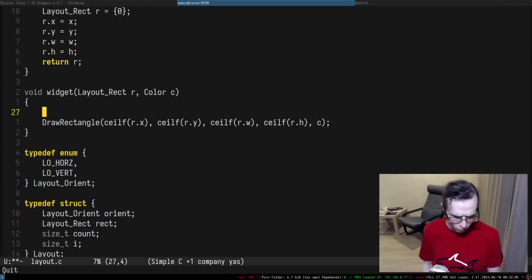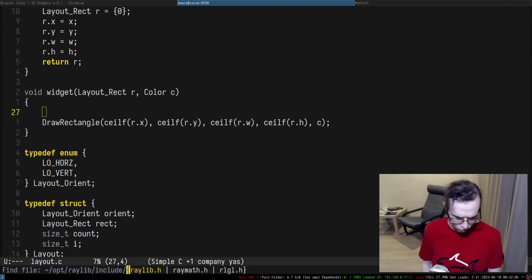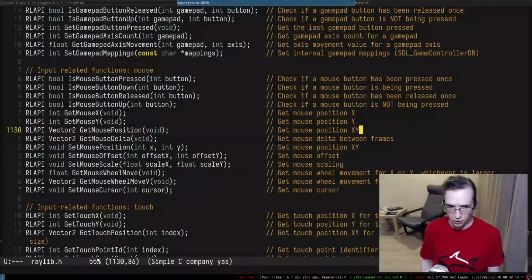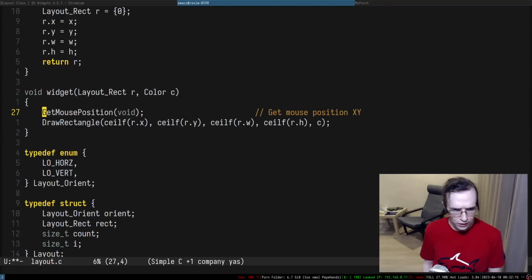Right, so let me open the raylib thingy. So this is going to be raylib include, raylib get mouse position. Yeah, there we go. So there is a get mouse position. You know what would be cool? We have this position, which is Vector2 position.